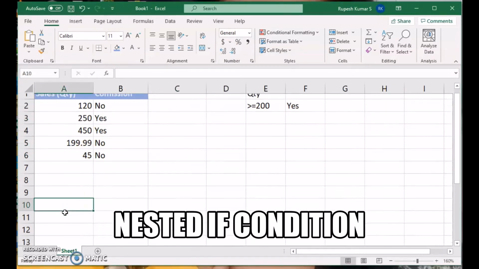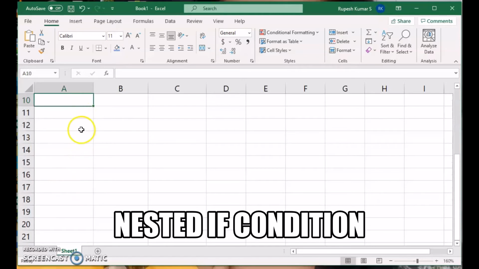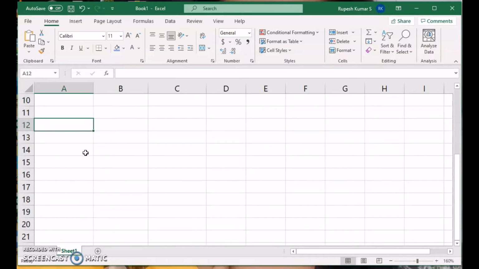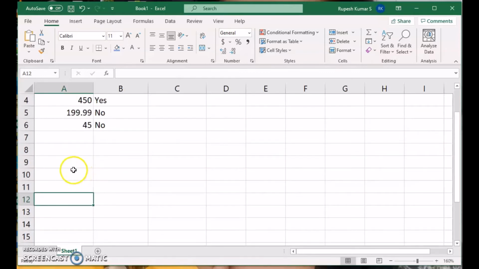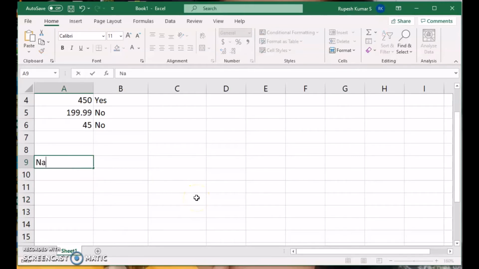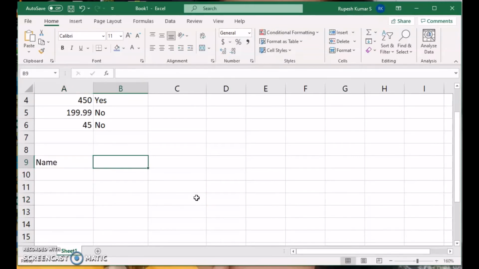Now I am going to use multiple conditions. Suppose I would like to print the grade of the student based on some marks in some exam. So I have got the names of the students and I have got their marks, maybe the average marks out of 100.